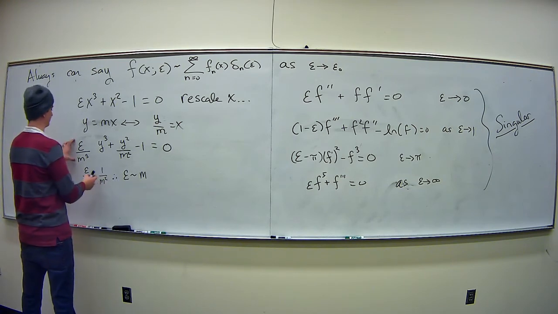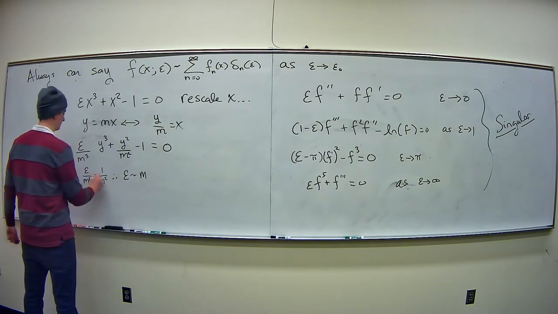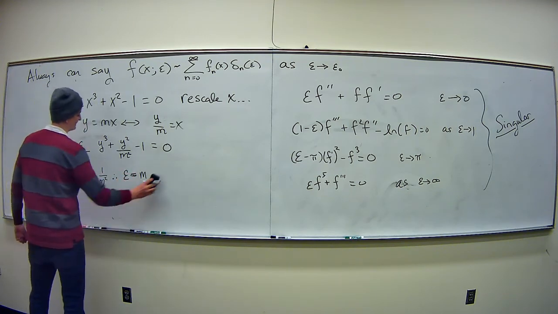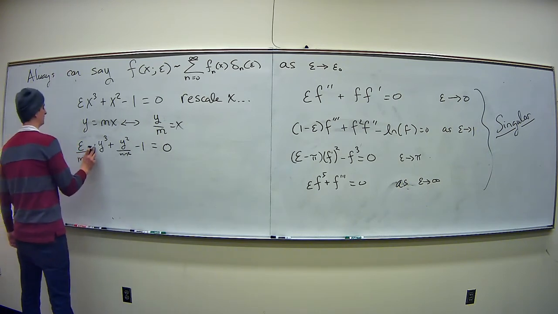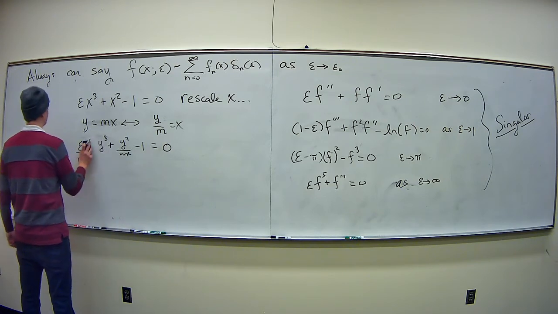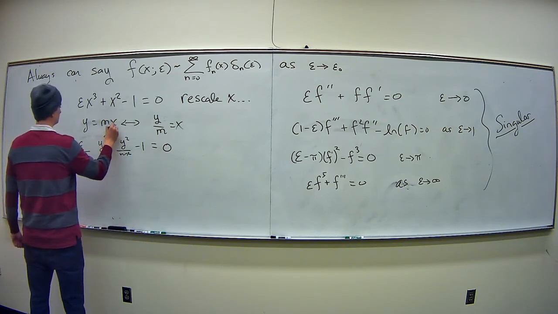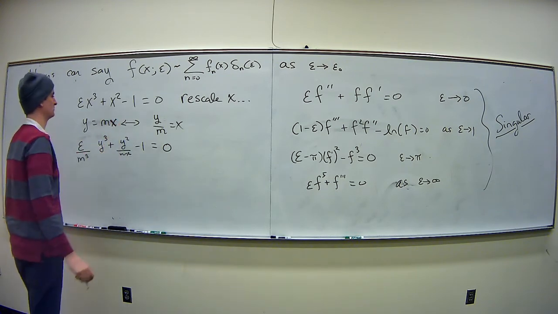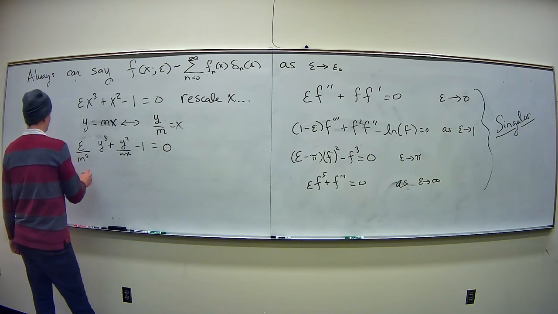You just have this relationship. For this and this balance, that just means epsilon is equal. Well, you put an equality here. Okay, so that means that the scale, I should magnify up by an epsilon. So then what do you have? Now you have epsilon